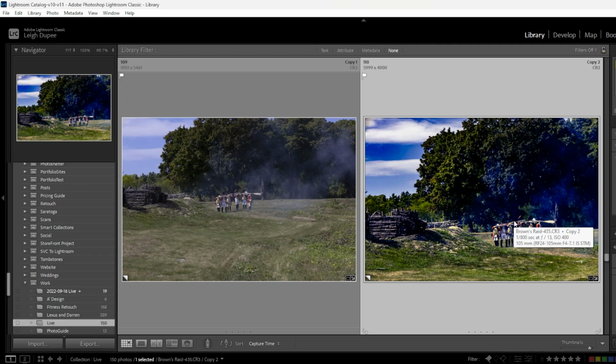It's a 24 to 105 millimeter lens, f4 to 7.1. So we'll talk about that in the just what the F is episode,